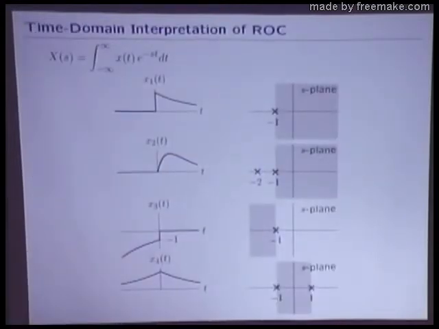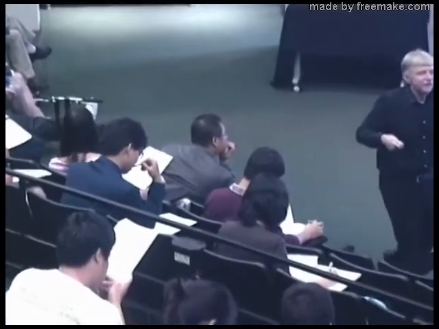Okay? So hopefully that's all trivial, right? That's all stuff you can do in your sleep. What I want to do is think a little bit about what the implications are. What are we doing? What is a region of convergence? So I want to think